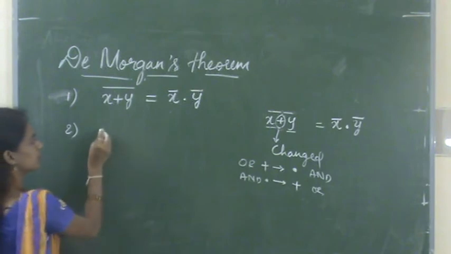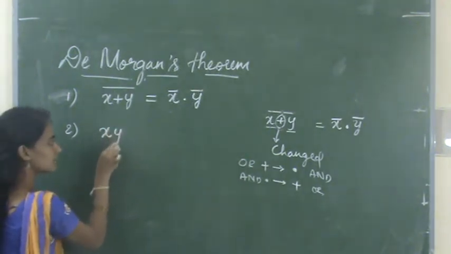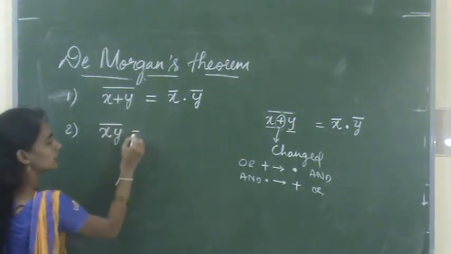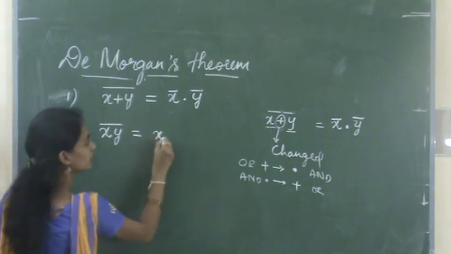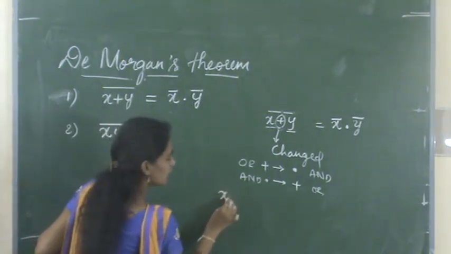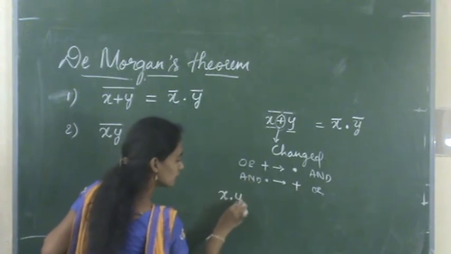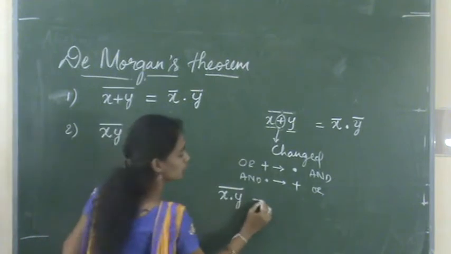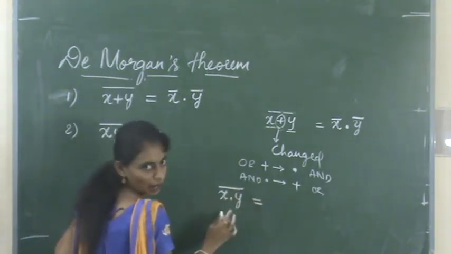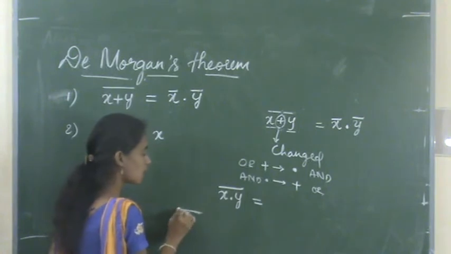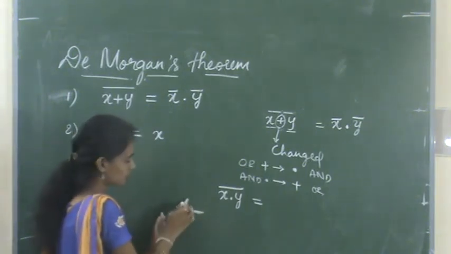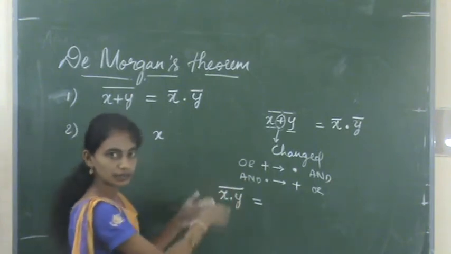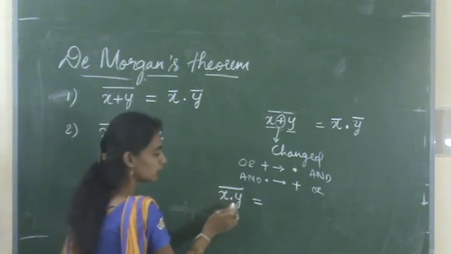The second one is, if we are performing x and y with the AND operation, the bar of it, meaning the complement of it, is also stated. Here we have x into y whole bar. Now I have to remove this bar, so we are breaking this bond. This is the whole complement for the equation, and I am breaking it into different parts. However many variables we have, that many breaks we have to make. We have two variables.